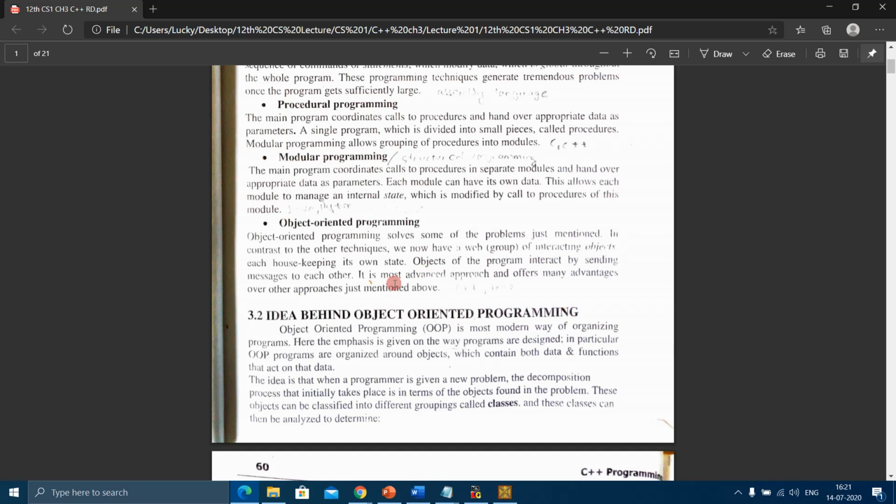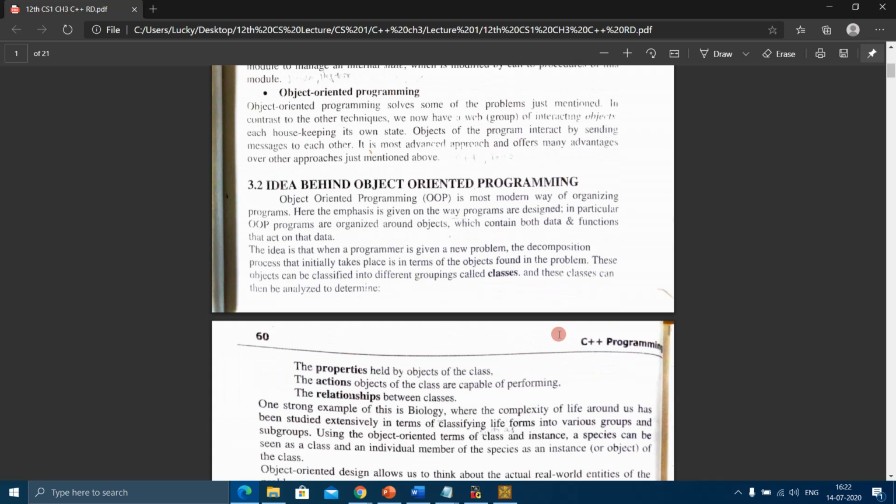It is the most advanced approach, and it has many advantages if you compare it with modular, procedural, or unstructured programming. Here we are just seeing the theory. When we see it practically, you will come to know what objects and classes are.